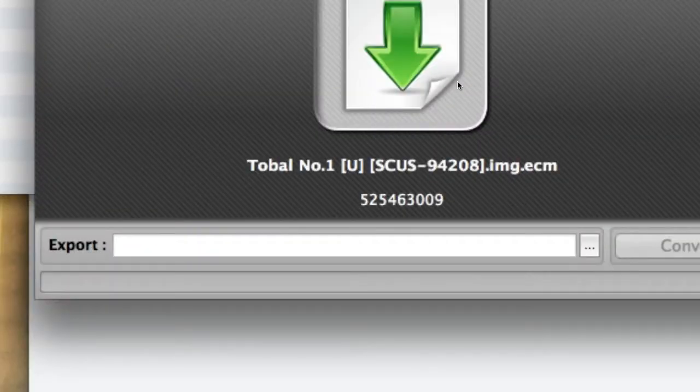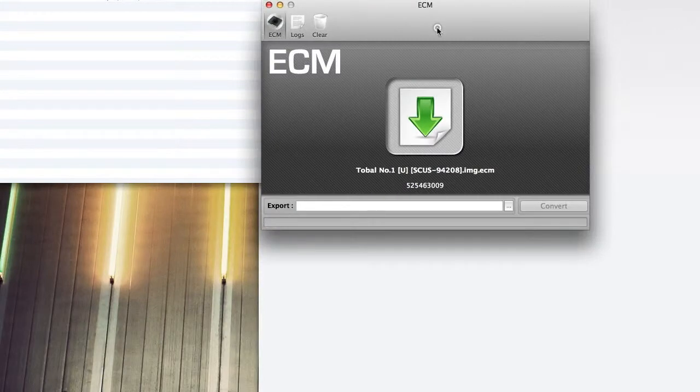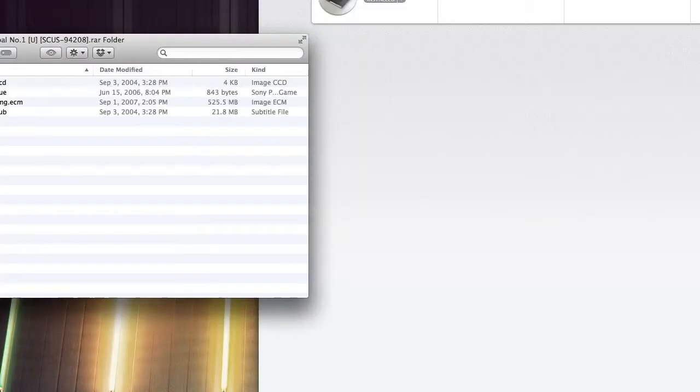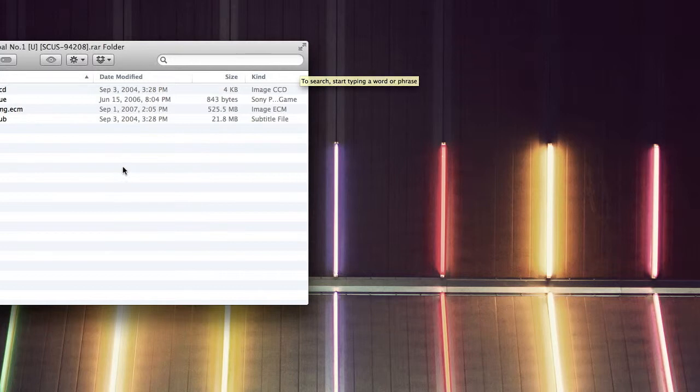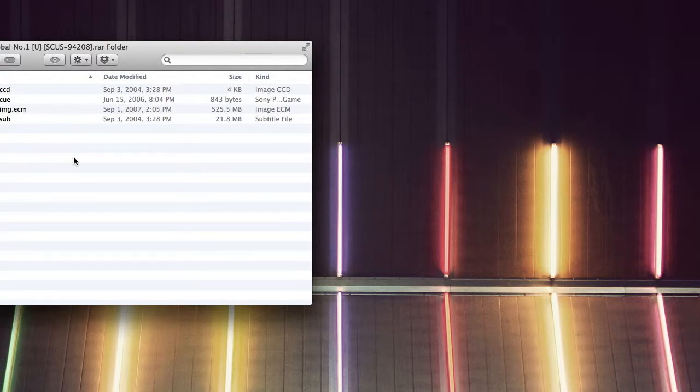So we're going to go cancel. Zoom back out. I'm going to close this program down. We need to do something else. So there's another way to un-ECM those types of files, and that is using a command line program, which is